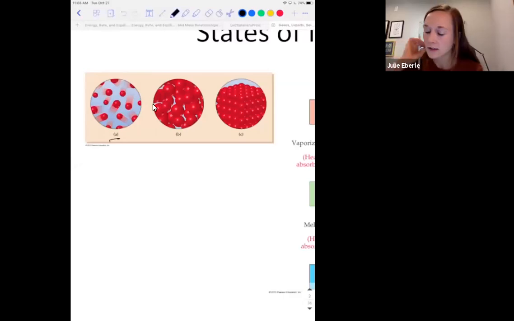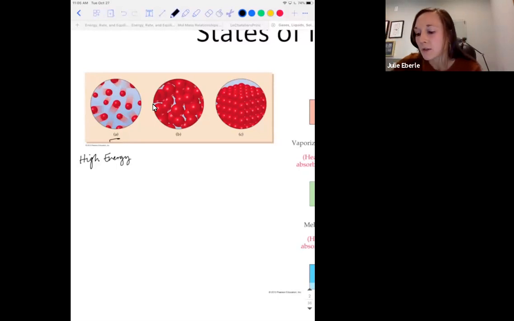About gases. One, they have high amounts of energy. Okay, so high energy. The gas molecules have high energy. That's why they're moving so fast, okay? And we know energy and heat are two words that are synonymous, okay? If you're adding heat to something, you're adding energy to it.